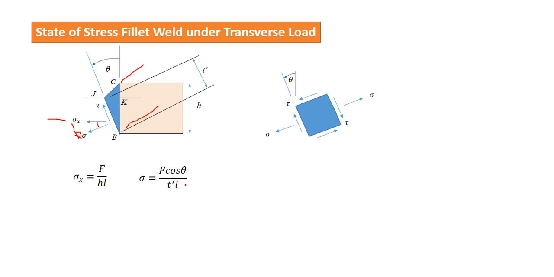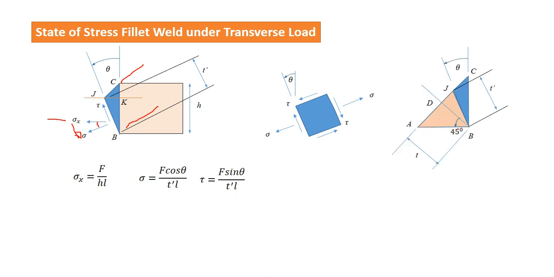So this is how we can get sigma: F cos theta, and sigma is F cos theta divided by T dash into L, and similarly tau is F sin theta divided by T dash into L. So now we can plot this figure to connect T dash with T, and we can get this